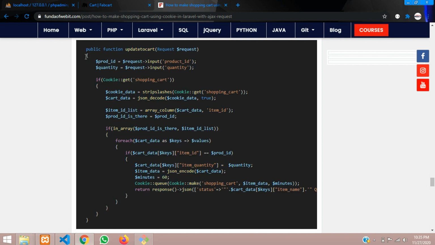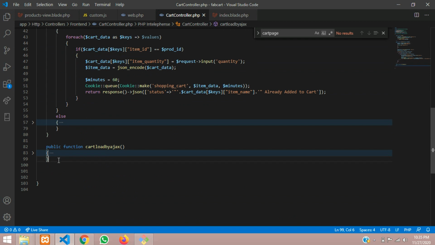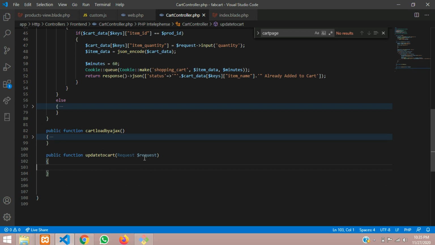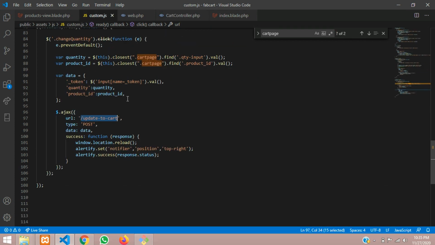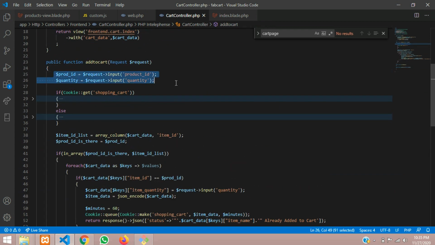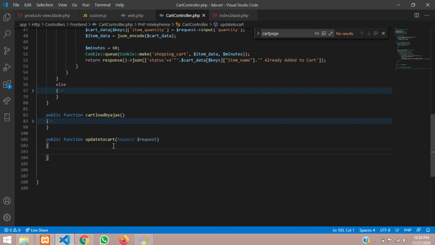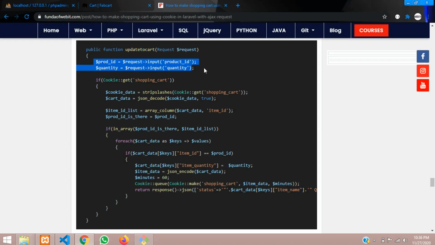Okay, so now let us create a public function first. Simply, I just want to explain to you very clearly. So let's add this function and close this. Done. So guys, the request which we are getting is nothing but the quantity and the product ID. These two things are there, which we will be getting through the request. I have already done that over here. So let's copy this product ID and the quantity. Done. The same thing you can see over here. So I have done it.